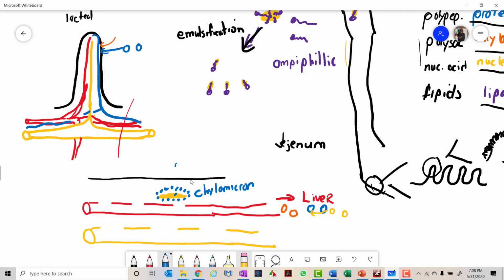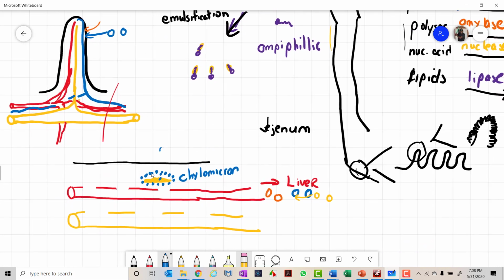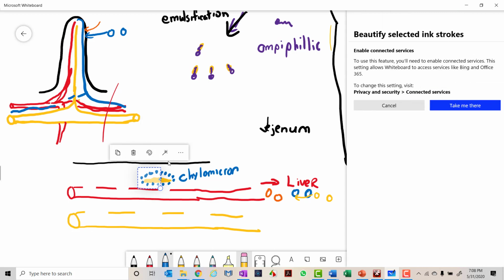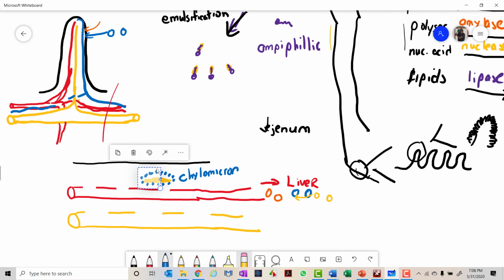So the whole thing will, instead of going into the blood vessel, into the capillary, it will, let's see if I can, nope, it won't cooperate with me. So if I were able to select this somehow, I don't know how to select it, this whole thing would then move into